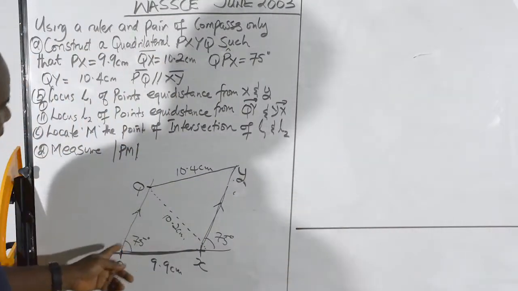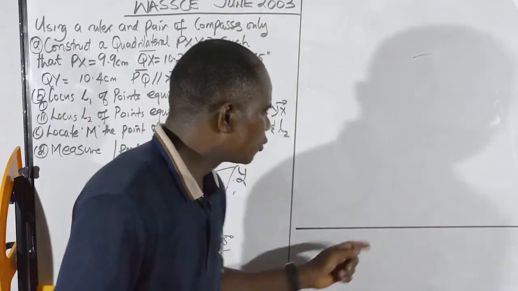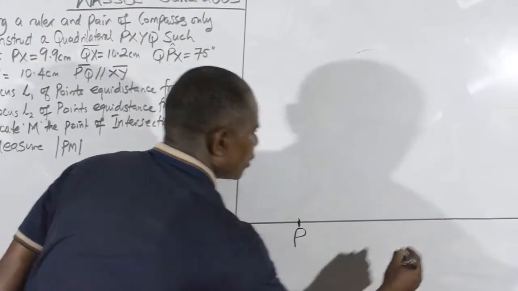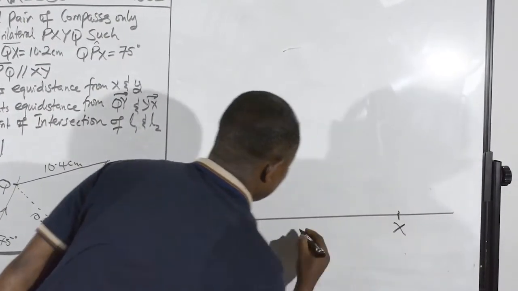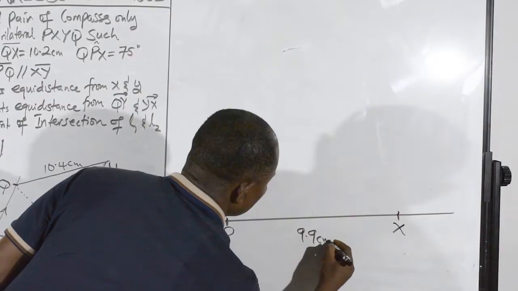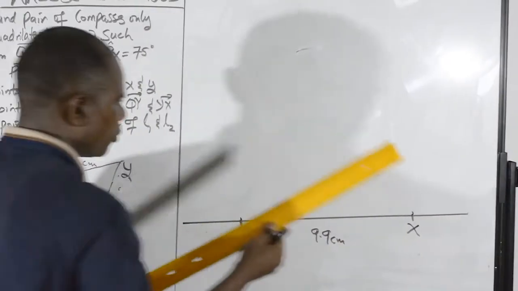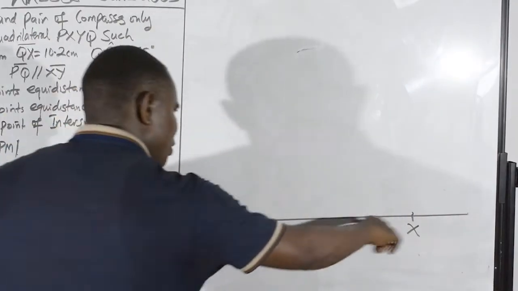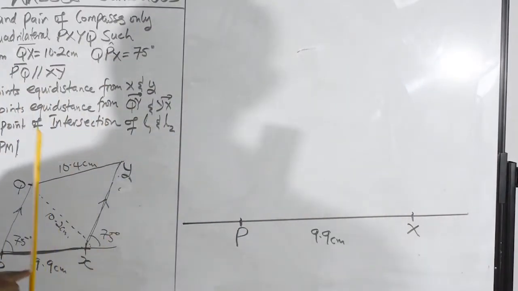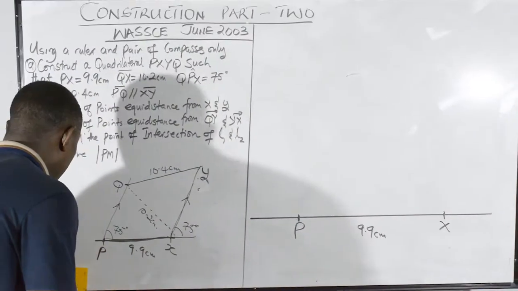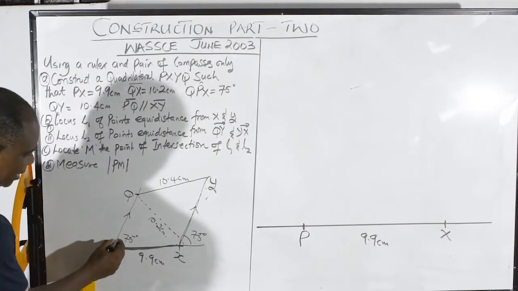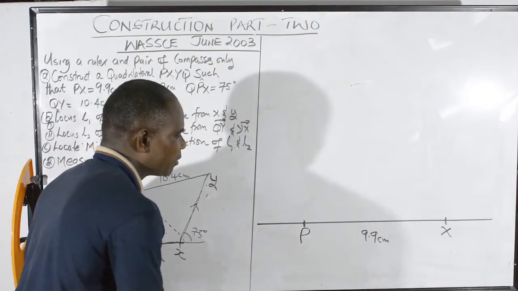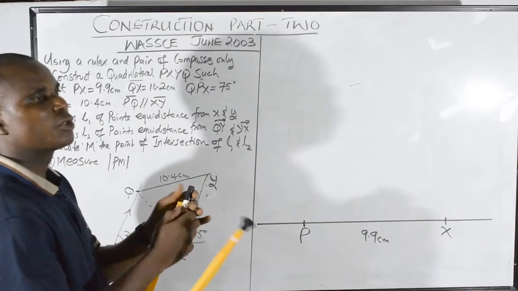So I've already drawn the first line. Let's say this is my point P, somewhere here, and I've measured here to be 9.9 centimeters. You have your own ruler and you measure that to give you 9.9 centimeters there. That's PX. Now at that point, I'm supposed to draw 75 degrees. To construct 75, you need the 90 degrees to be shown. So I take my compass